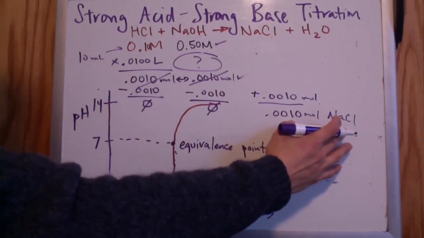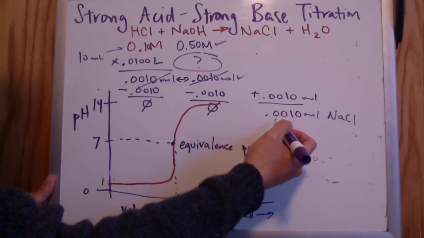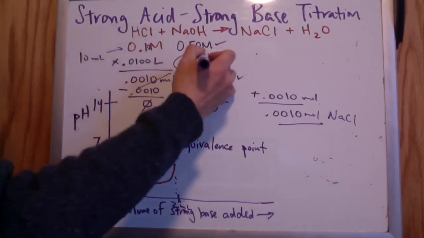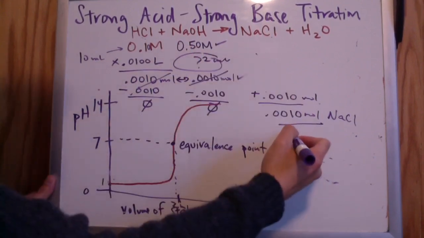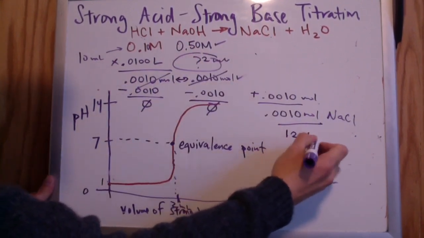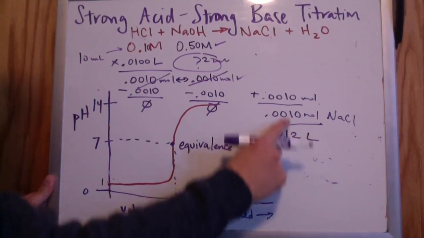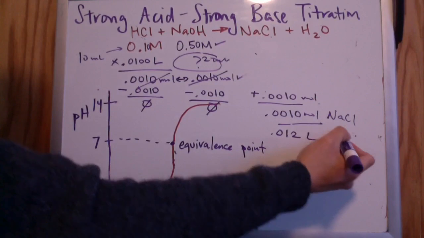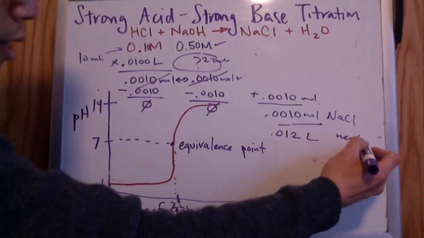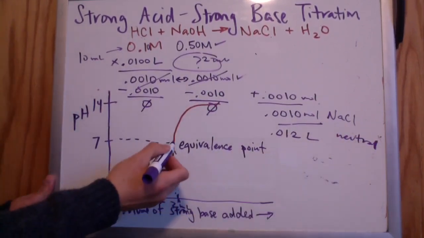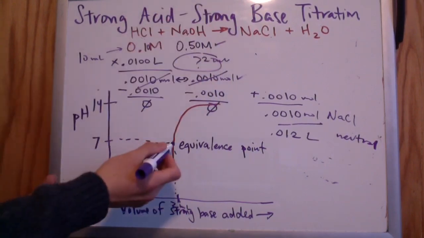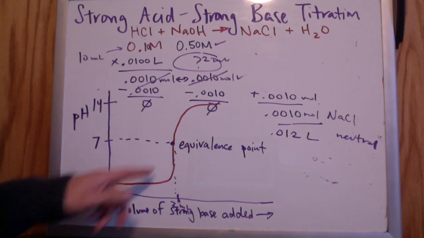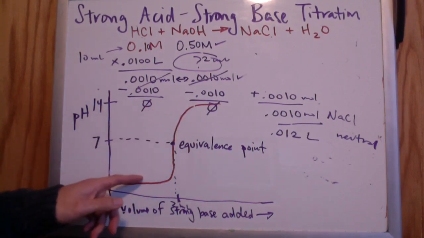So if we have basically 0.0010 moles divided by, and then we added 10 milliliters and then 2 milliliters, so this would be really 12 milliliters or 0.012 liters. Whatever the concentration was, it still would have a pH of 7 because the NaCl would have no effect on the pH, and so it would be neutral. And that's why with the strong acid and strong base titration, we have a pH of 7 at the equivalence point. We can find the pH along any of these other points, and so I'll do a couple of them